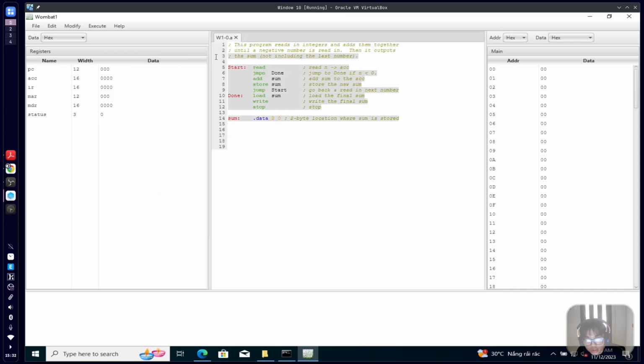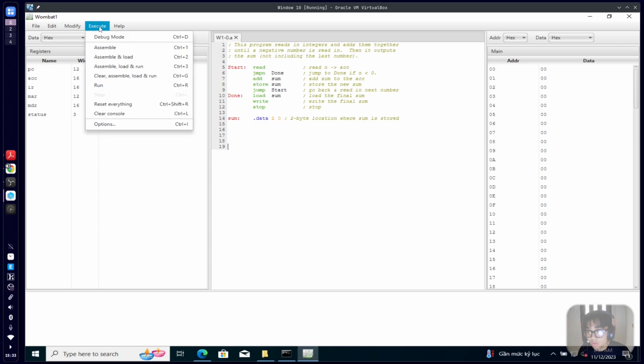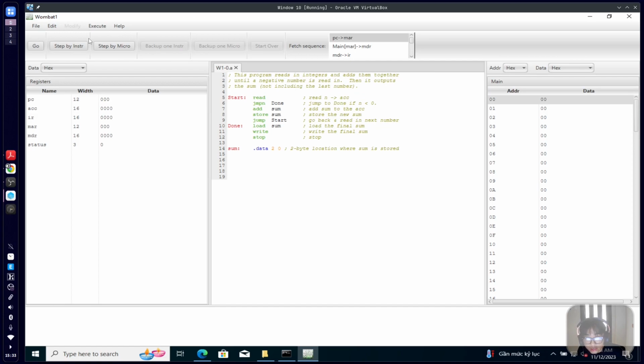Okay, I reopen it, and in this main memory. So before we start to execute all this program, we'll see the demo. We will choose the button, and we select debug mode or Control D. Yeah, in here it will show